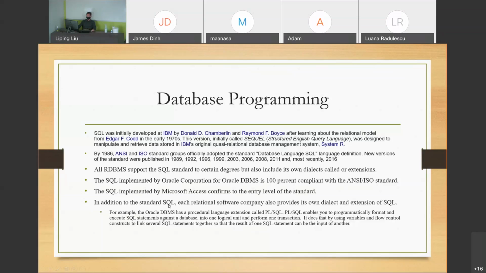Besides the SQL standard, each relational database also has additional dialects or extensions, which are not part of the SQL standard. For example, besides supporting 100% of the standard, Oracle also adds something called PL/SQL, which stands for Procedural Language Extension of SQL. You can put SQL inside PL/SQL code, and